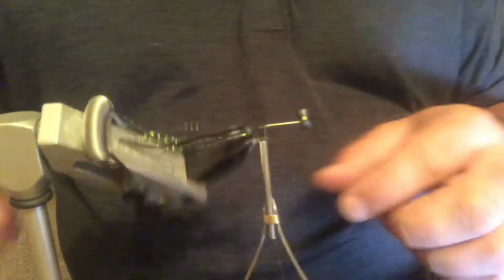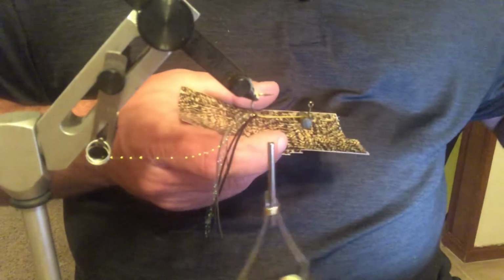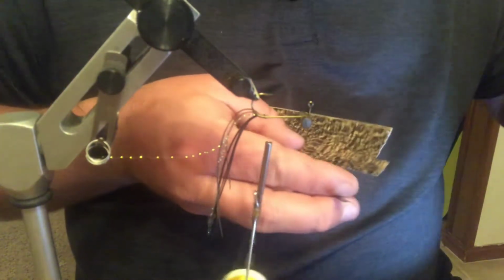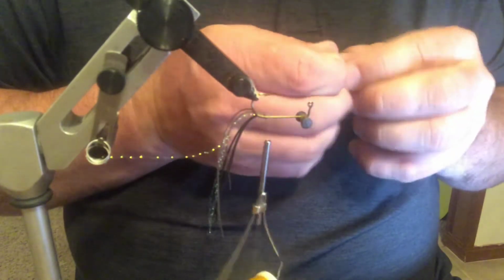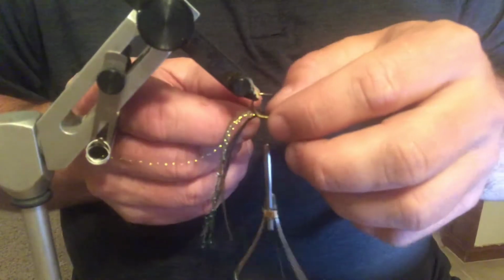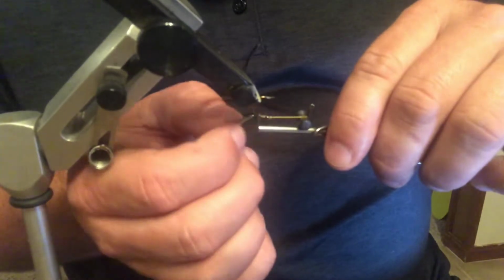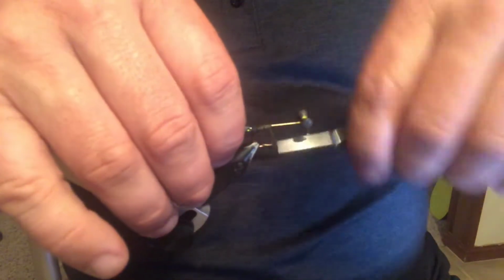The next thing I like to do is flip it over, and then you want to get some thin skin. And what I like to do is cut a long section. It doesn't have to be very wide. So about like that is all you need. And then you just lay it along one side of the hook or the other and tie her in right there. Now